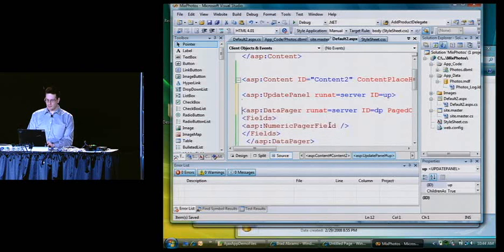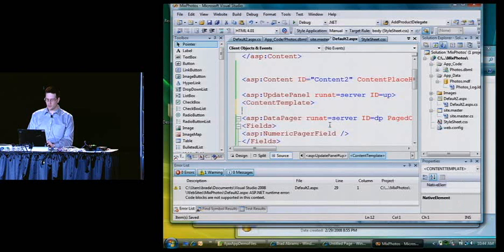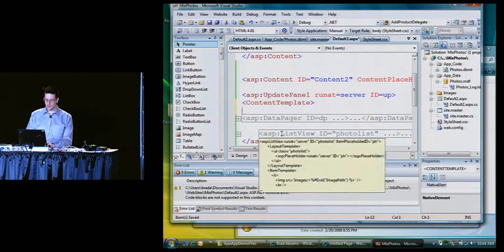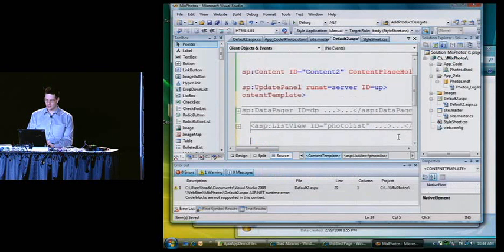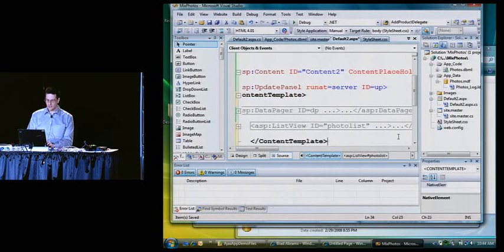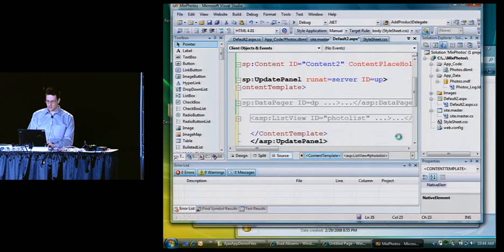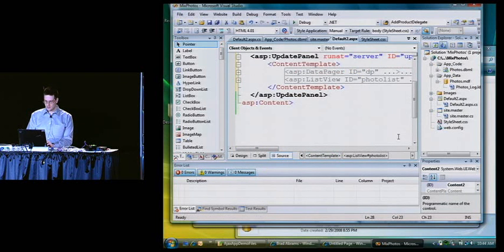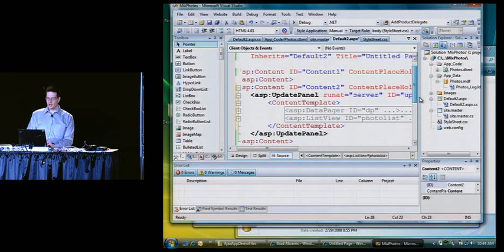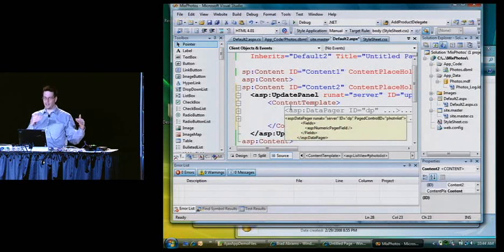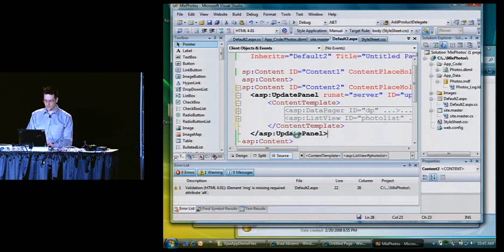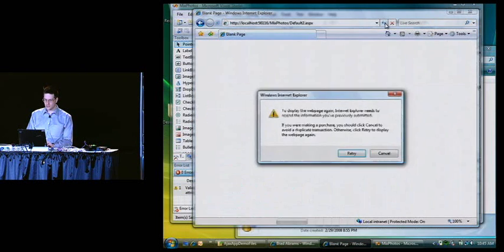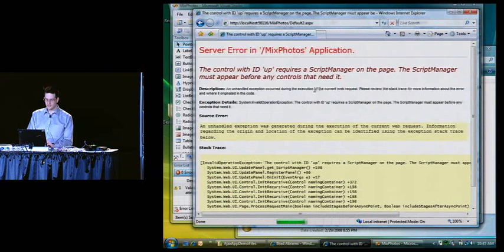Okay, and then the way update panel works is it has a content template, and you just want to wrap the stuff that we've done in the content template. So I'll go ahead and collapse these guys down just so you can get a sense for what's happening, and go ahead and close off the update panel. So let's just format those. So basically, we have an update panel, and then in the content template, we have our data pager and our list view control. So now when I go back to this page and I hit refresh, it will give me